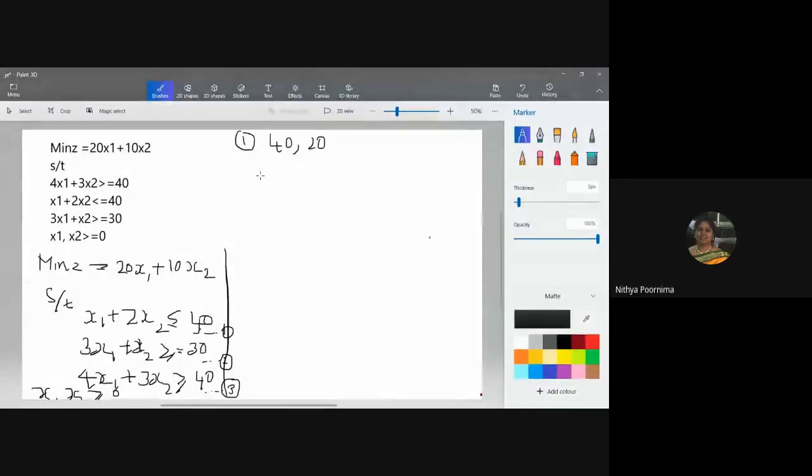Yes. For equation 2 then, can you give me the coordinates for equation 2? If we put x1 is 0, x2 will be 30. Then if you put x2 is 0, x1 will be 10. So 10 comma 30 is the second coordinates. Correct, right? Boys, you're following or not? I'm directly writing the coordinates. You want me to solve?